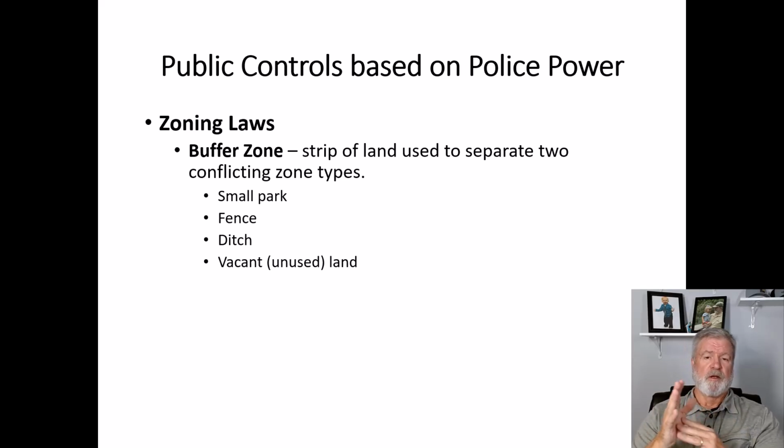In fact, I will tell you an example question they could ask. It might say you've got residential houses adjacent to commercial buildings, and right between the two is a small park. What might you refer to that park as being? That'd be a buffer zone. Anything that separates two different zone types is considered a buffer zone. That's what that is. Okay.